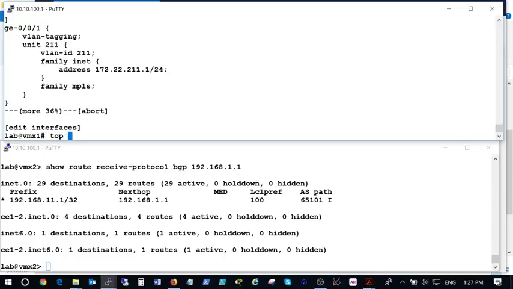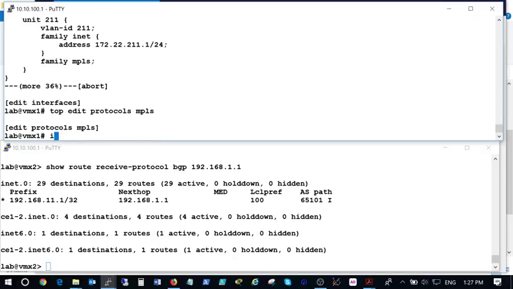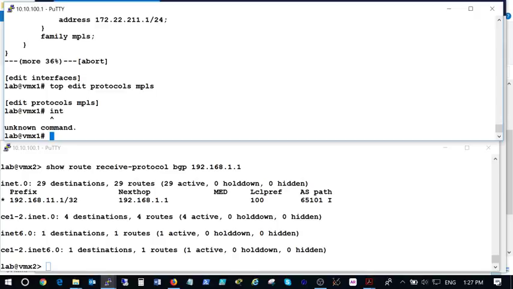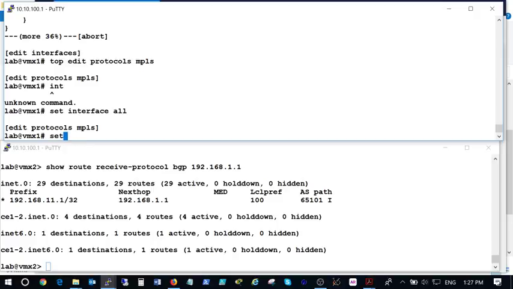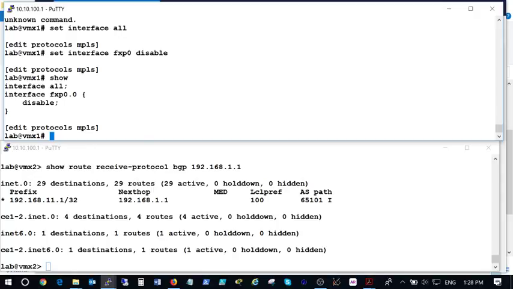Now we go to our protocols. MPLS, and we're going to include our interfaces in that. Oops, set command, set interfaces all, set interface FXP0 and disable. Let's take a look at that. All right, so we've got everything except FXP0 included in our protocols,